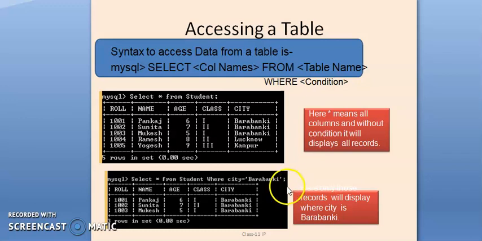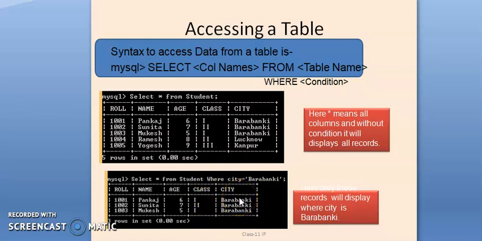Then after that we put the semicolon and press the enter key, students. By executing this command we will find the records of the students that belong to the city Barabanki. Only the records that belong to the city Barabanki will be displayed here.